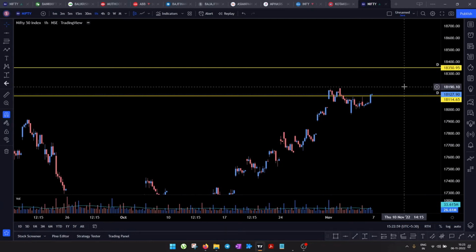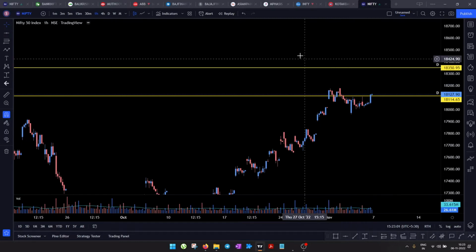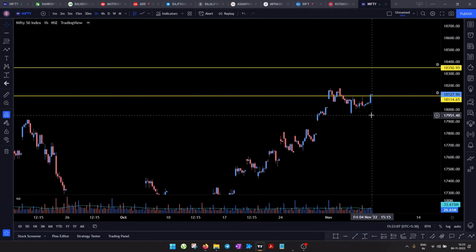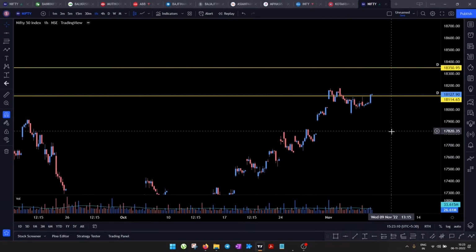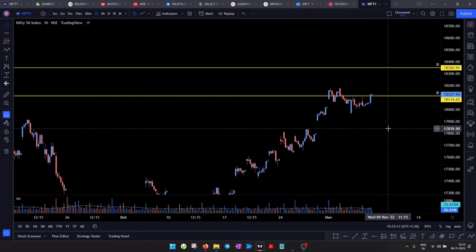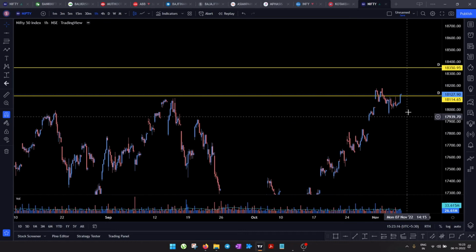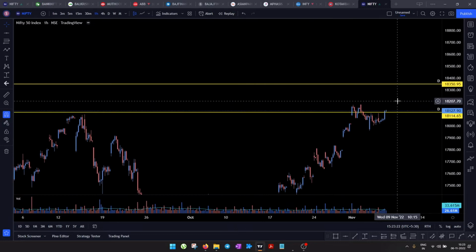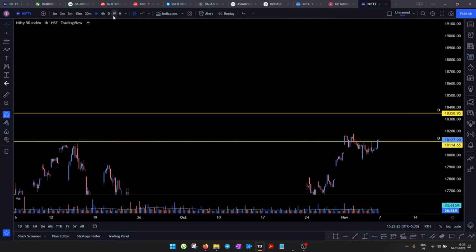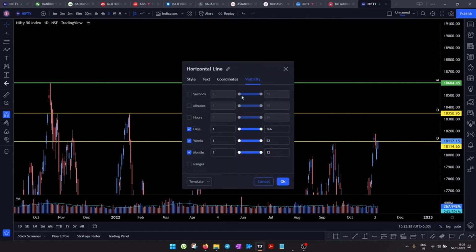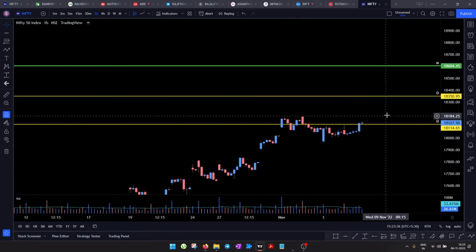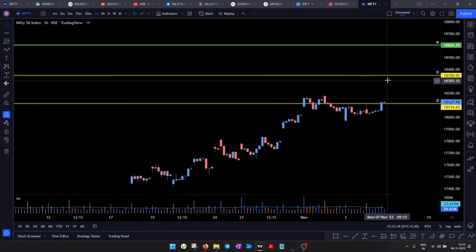What might happen, and given how things are looking up and some structures in the market are forming, especially in some of these stocks, I think the market is strong, especially financials, autos, consumption, and probably the defense sector also. Some defense stocks are doing very well, so probably the market is poised for a strong uptrend in the coming future. So I'm thinking that the market will reach its all-time high of 18,600, but let's see. It's still too far away, and there's a lot of supply that is available to keenly observe and take account of. So I've just made this 18,600 level visible to us on the hourly chart.